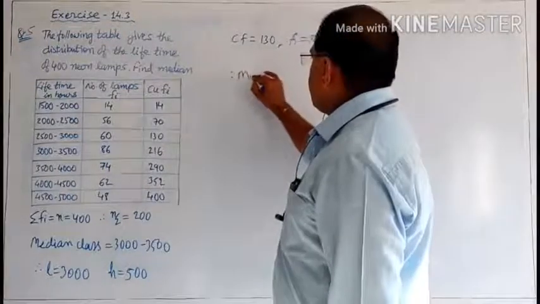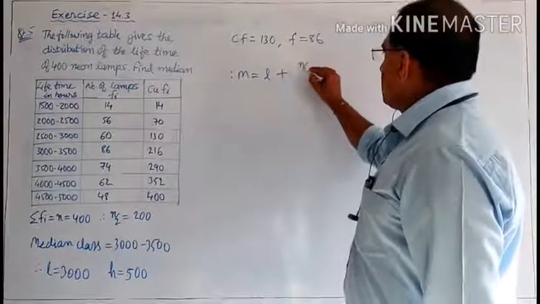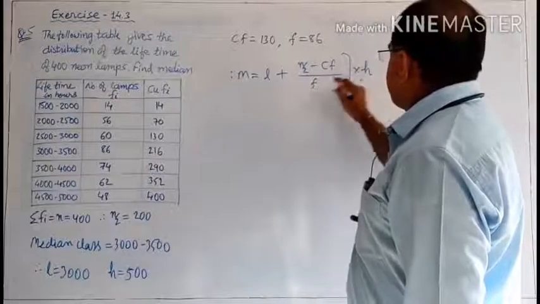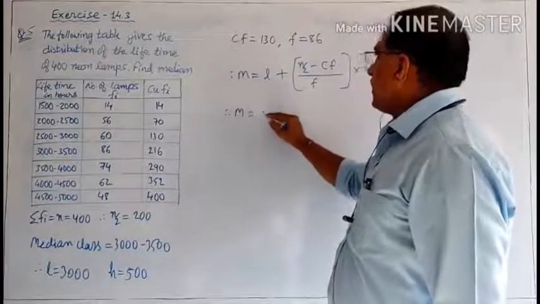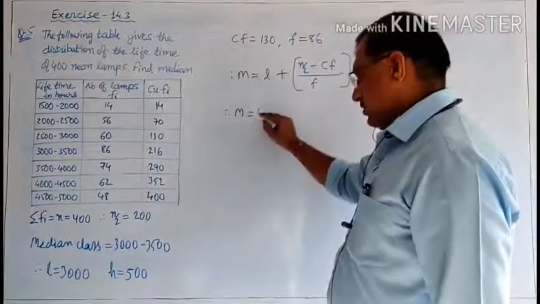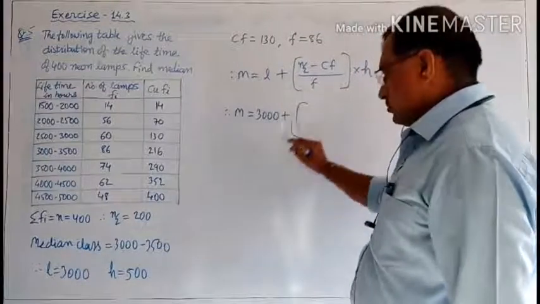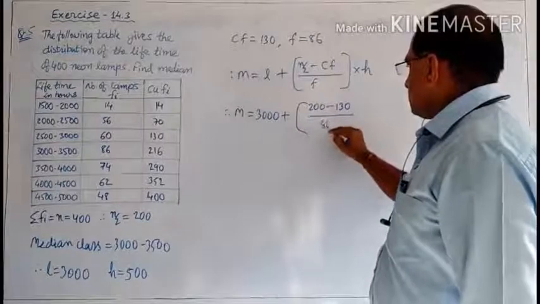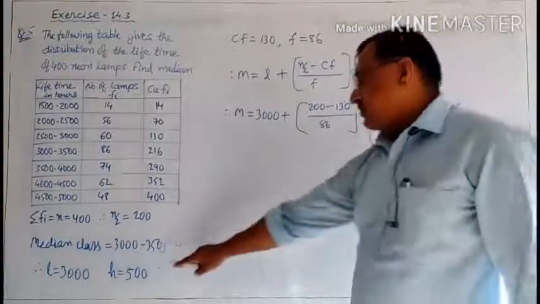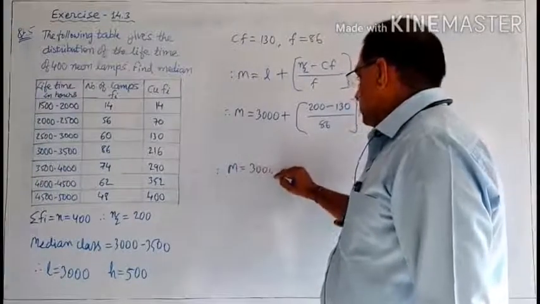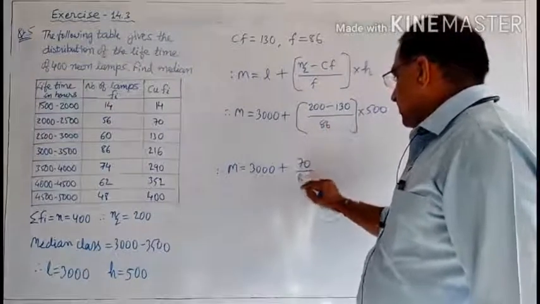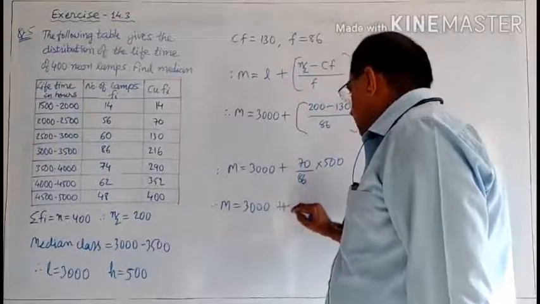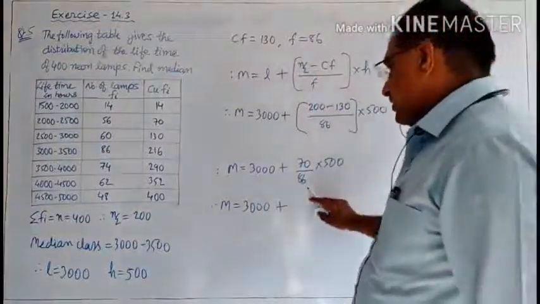And so therefore median is equal to lower limit plus n by 2 minus cumulative frequency, divided by frequency, multiplied by class width. Here median is equal to L, that is 3000, plus n by 2, which is 200, minus cumulative frequency 130, divided by frequency 86, multiplied by 500, the class width. Therefore median is equal to 3000 plus 70 divided by 86 multiplied by 500, that is 35000 divided by 86, and so in decimals it